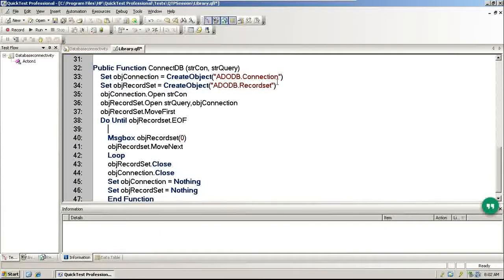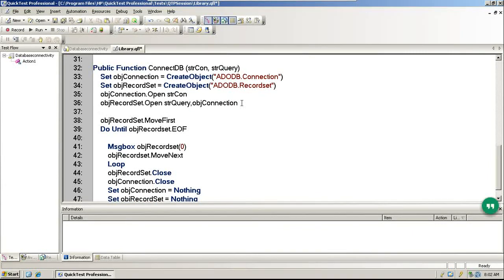So what you have to do exactly after the loop. Logically, you simply want to find out the number of records, the count of the number of records. You must have created the object record set and opened it, and immediately after opening you can find out, even before moving to first. You don't have to move to first.